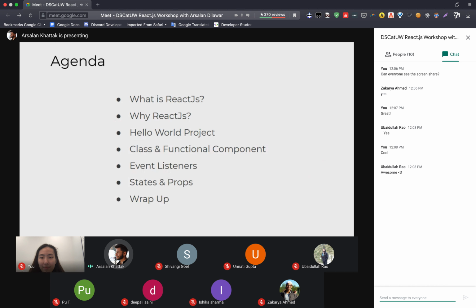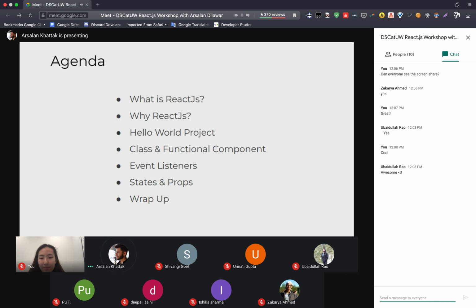So starting with the agenda, in this session we will talk about what exactly is React.js, why React.js, and then we will talk about how to make a basic project, which will be a hello world project, and then what are the class components and functional components, what are the event listeners and how you can make an event listener in React.js, what are states and props, and then we will wrap up the session with questions.